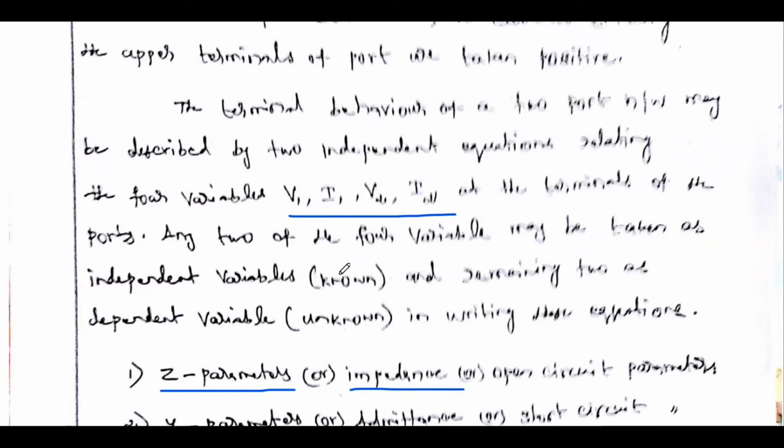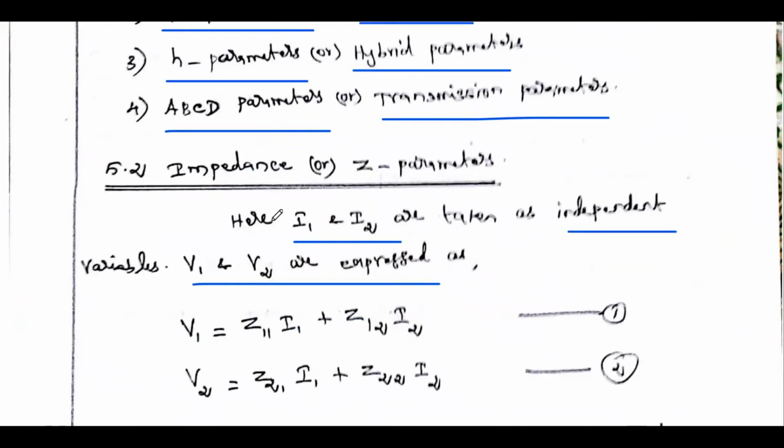In this video, we are going to discuss the first important parameter, the impedance parameter or Z parameter, and solve a related problem. In the next video, we will discuss the Y parameter and related problems, and the H parameter and related problems. All these problems are either 8 mark or 16 mark questions, and the impedance parameter equation derivation may sometimes be asked as a big question or a 2 mark question.